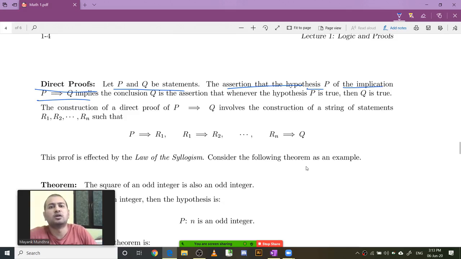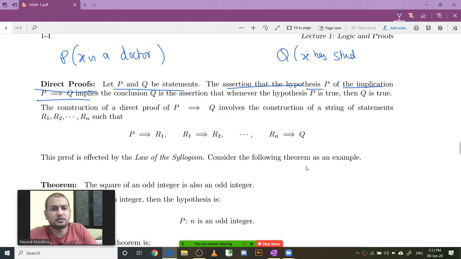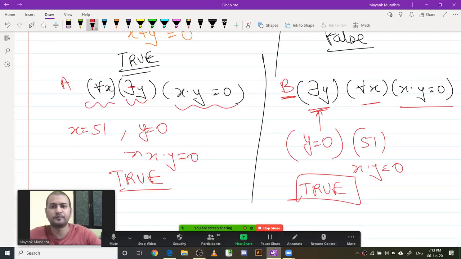Okay, so suppose statement P is X is a doctor, and statement Q is that X has studied for 15 years. Let me just write this down in one note.